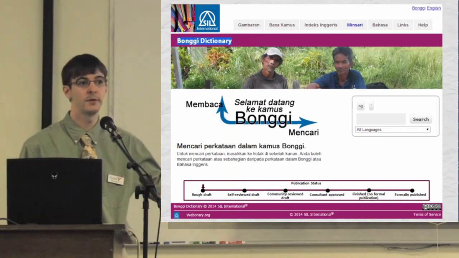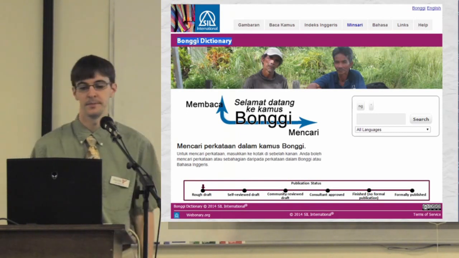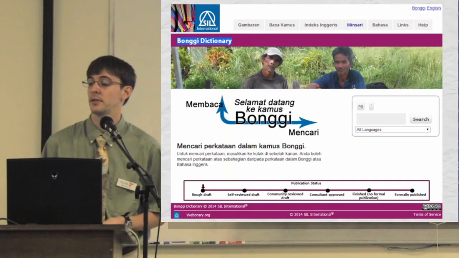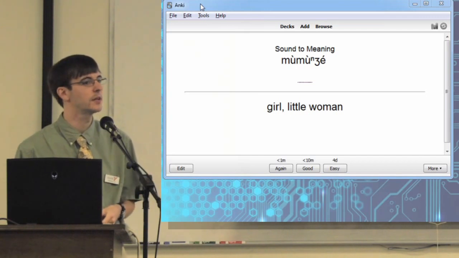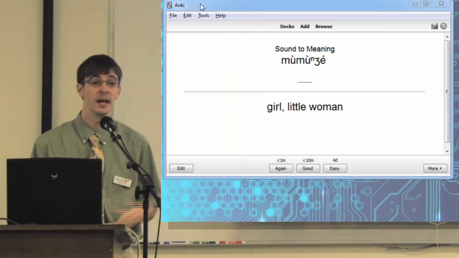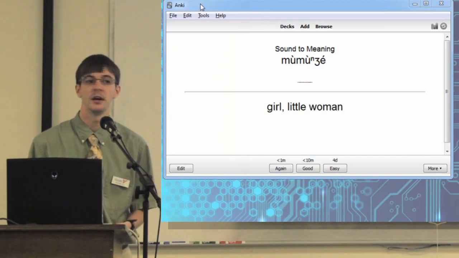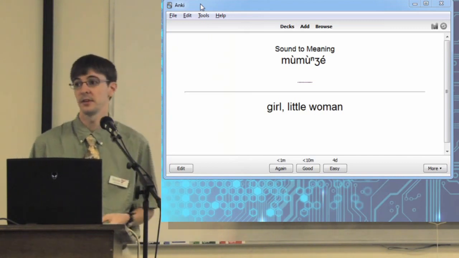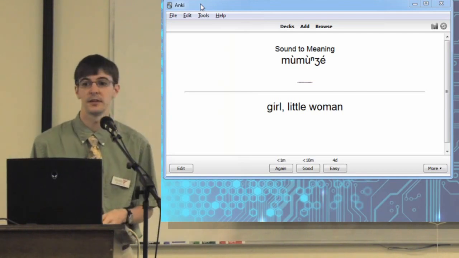This is an export from the XML that was imported into Webonary. This is another use of the XML. I actually exported this out a while back from my Flex database and put it into Anki flashcards. There are a few people that have been working on this, Jonathan Coombs a while back, and I had a methodology for doing it. But you can actually put in audio files and pictures and things like that, and so you could actually learn your language. Once you've got a lexicon, you could drill yourself on the language by using tools like this, and that's, again, another XML transform. And I'll come back to this one. This one is actually on the back side of your handout.